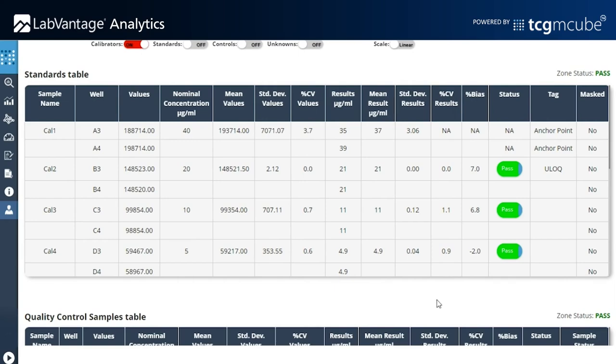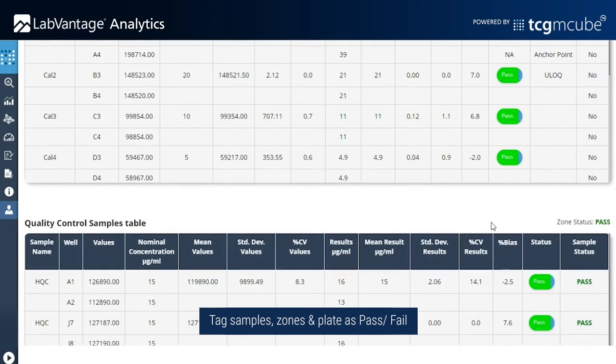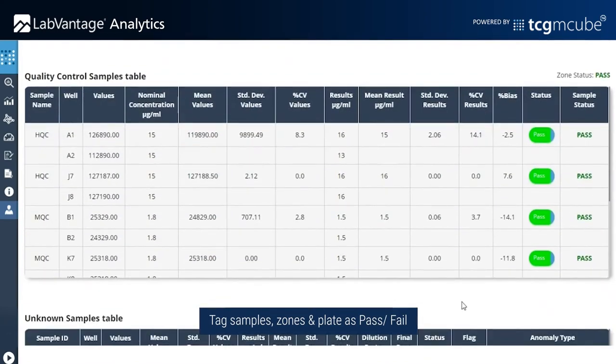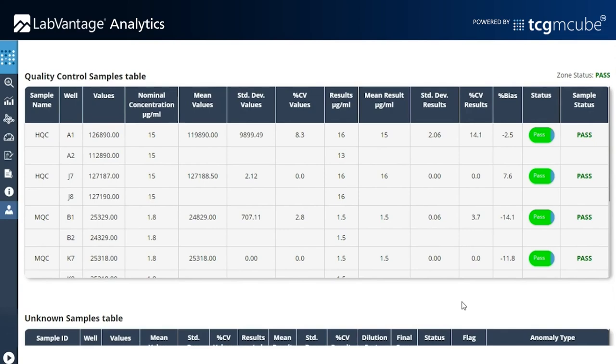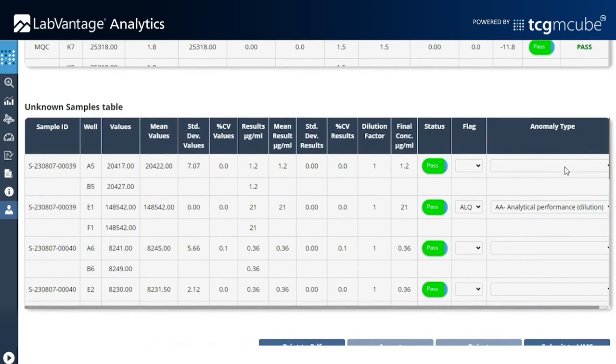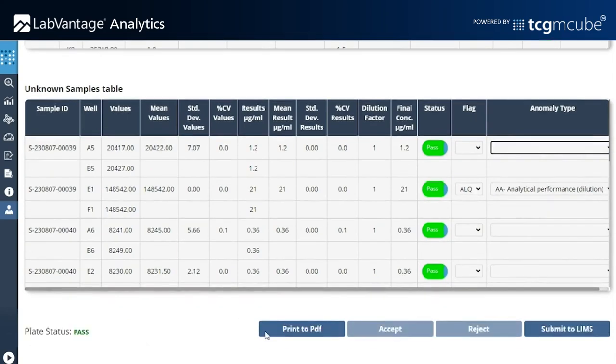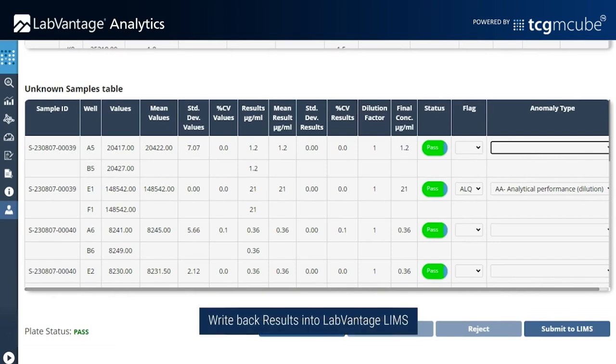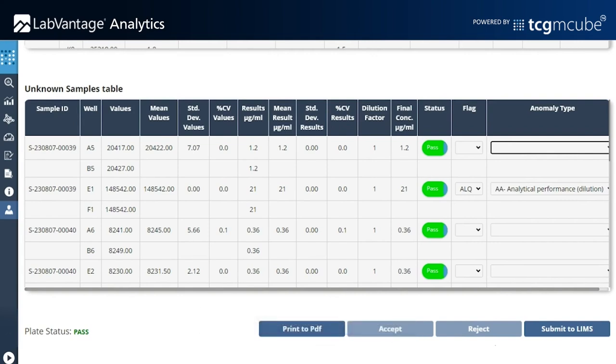and applies the relevant method specifications for sample and plate acceptance to tag samples, zones, and the plate as a pass or a fail. You will have the flexibility of masking different QC samples and specify the anomaly type for unknown samples, choosing from a drop-down of various options for sample and analytical anomalies. Clicking on Submit writes the results back into the LabVantage LIMS system using standard LabVantage LIMS APIs, thus completing the